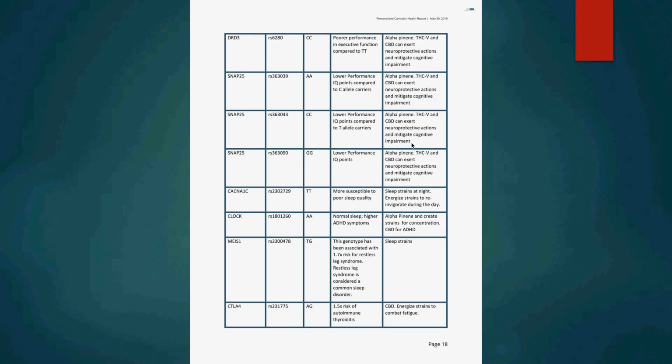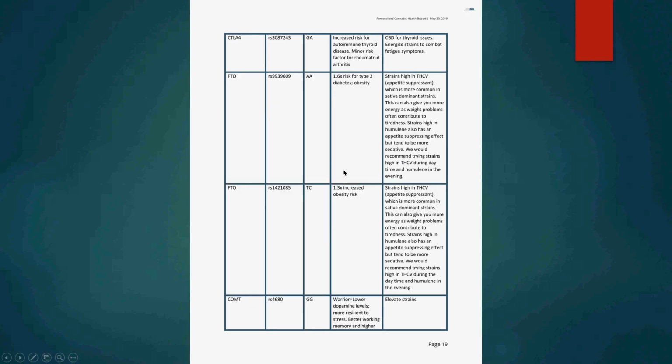This particular patient, by the way, customer rather, has arthritis and has all kinds of problems. This person is overweight. And so there's things in this report that let this person really know about themselves, really learn about themselves. And when we got the report on this one, I asked her to call me when she did. And then she started reading it to me, and I was like, well, let me ask you some questions, and we checked it out. Here's one right here, this FTO mutation. 1.3 times increased obesity risk. Okay.